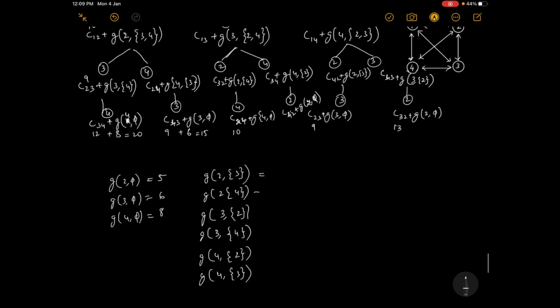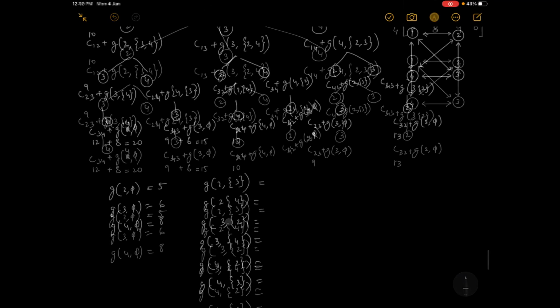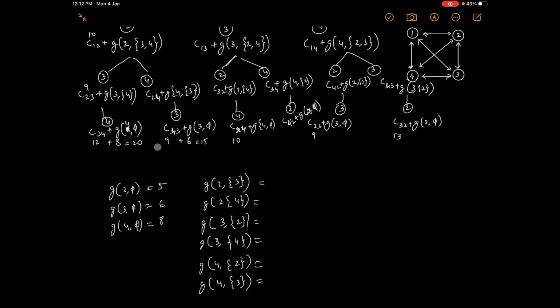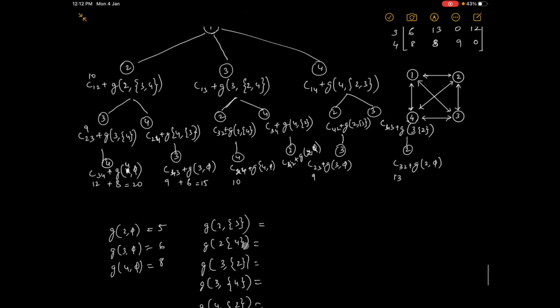So substitute the values here. Okay, now we have got the value of this, we have written the value of this, that is 8, the value of this is 6, and the value of this 4 comma 5 is 8. It is written, so it is 8 here.